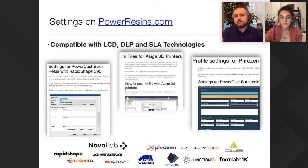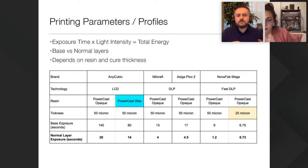Now we have parameters for RapidShape, we have INI files for ASIGA, and some profile settings also for Formlabs. But what we have seen in the last year or so is that a lot of our customers, particularly for the LCD printers, the light intensity in time of some LCD printers may change or may be lower than expected, or may have some differences between one customer and the other one. So I want to give you some ideas in the current slides how basically you can set up your own